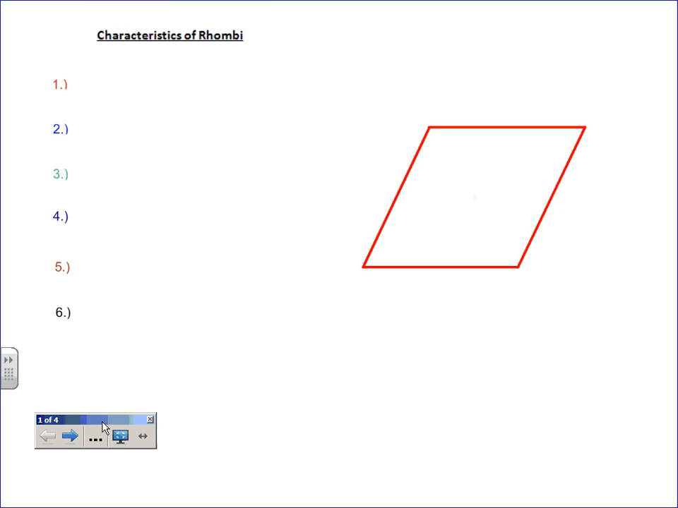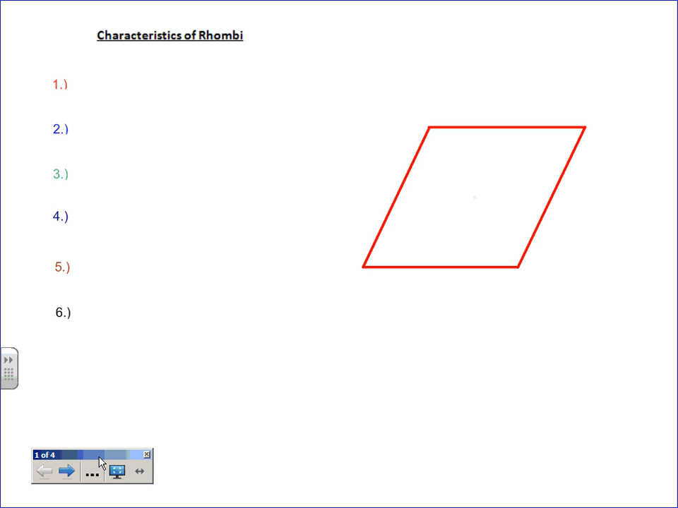6-4, dealing with rhombi and squares. Yes, it's not rhombuses. The plural is rhombi, kind of like cactus and cacti. And then squares is obviously the plural for square. We're once again going to take a look at the characteristics of the rhombi and the square and see, what's